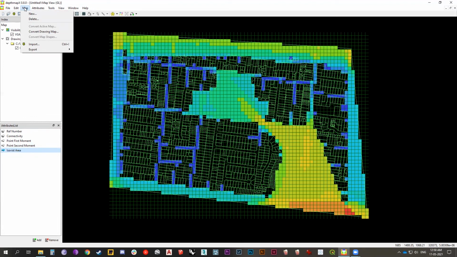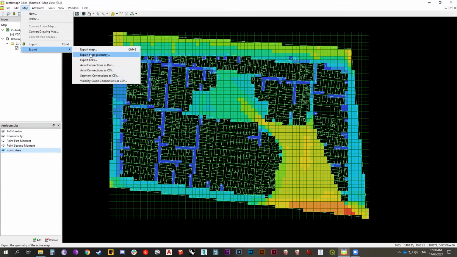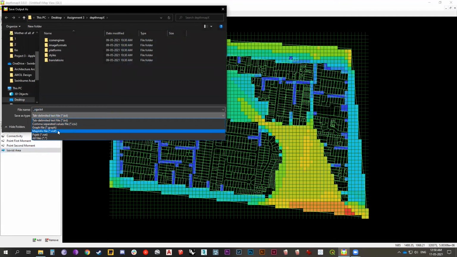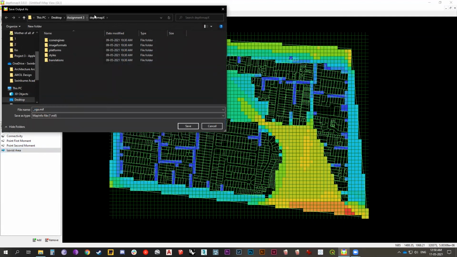Let's save this by exporting the map. Not the geometry, just the map. Save it as an MIF file, which is the MapInfo file. We're going to save it right here. Stop assignment 2. Save it as